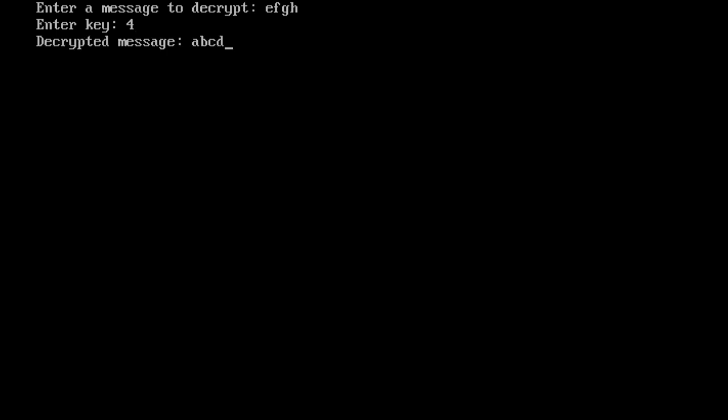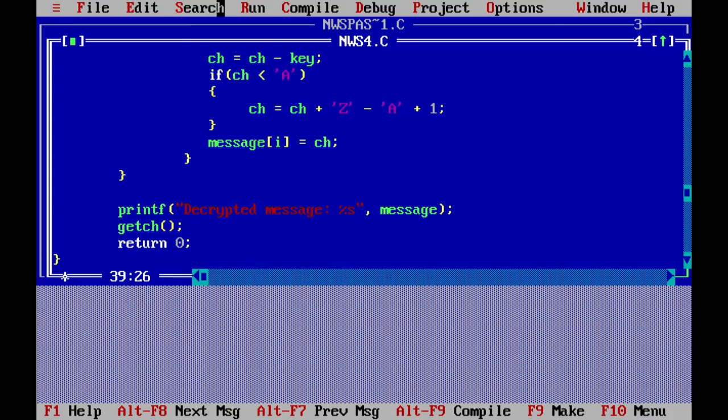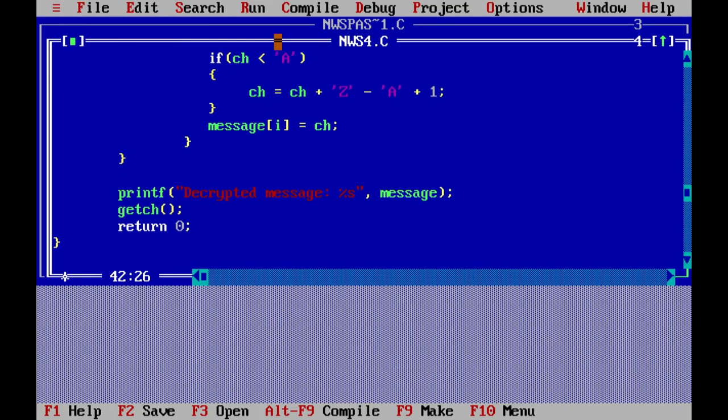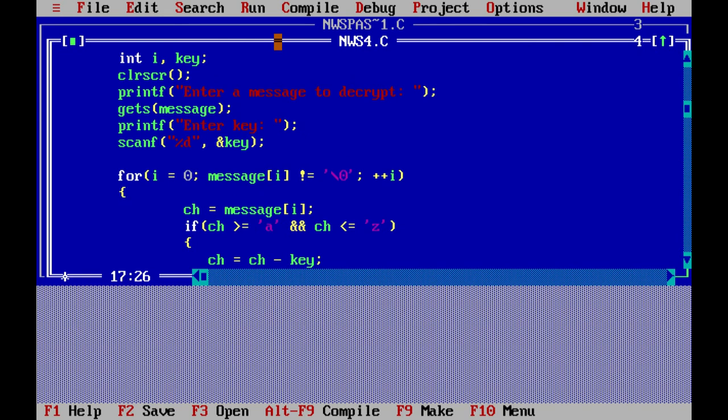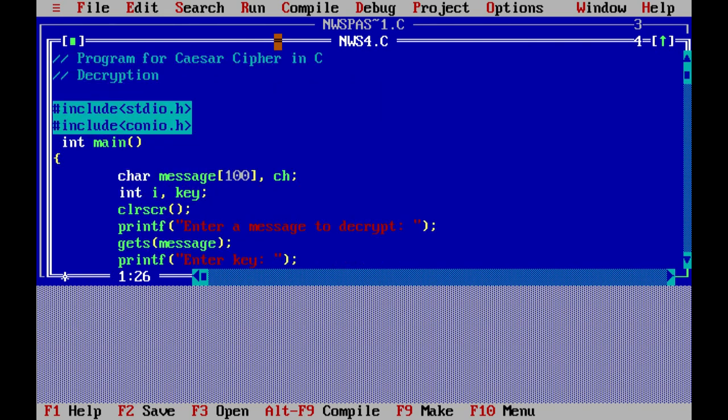So if we write capital range values, EFGH with 4, ABCD is displayed. So here you got the idea of the two operations, encryption and decryption, using your assigned key value.